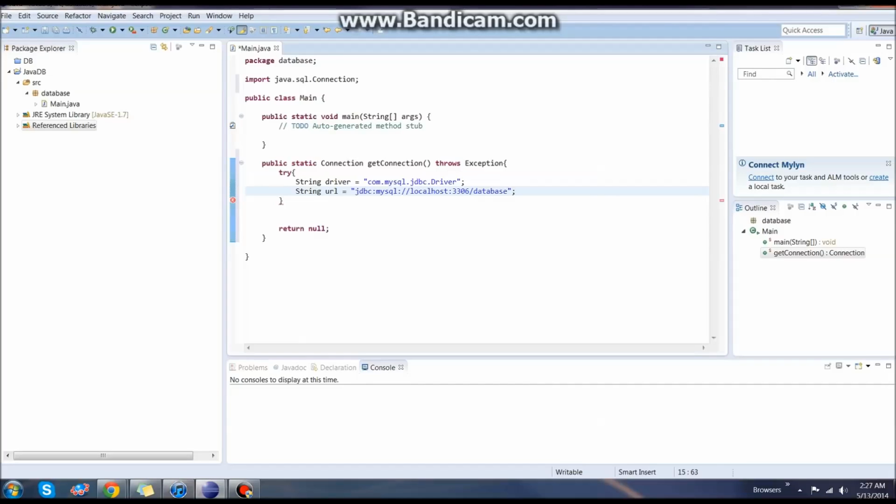If you're not using your local host, which I am not, I can actually change right here where it says localhost with the IP address of the server I'm connecting to. And then the port again and the database name. So here we're going to go ahead and connect to testDB,